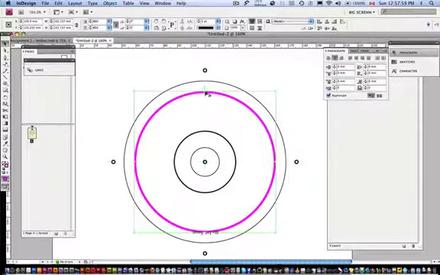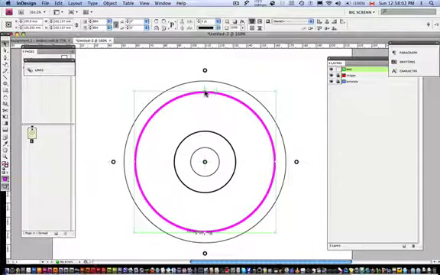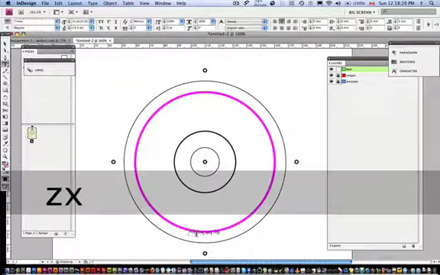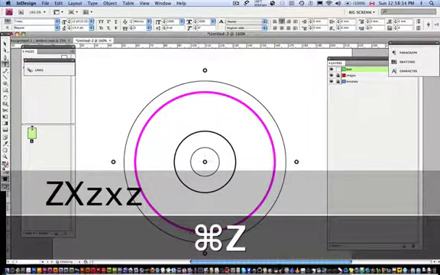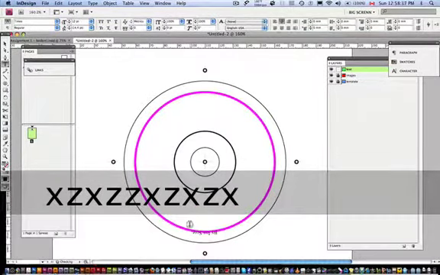Why? Because you've got these guys up at the top, and these guys are your, okay, this is your beginning and end point. This is the container of this text. So this text, if I was to move this around, and it gets really finicky, so you have to have patience. If I was to move this thing all the way over here, see how the text itself scoots around? If I was to move this over here, and I was to start typing, the text will only run as far as these little